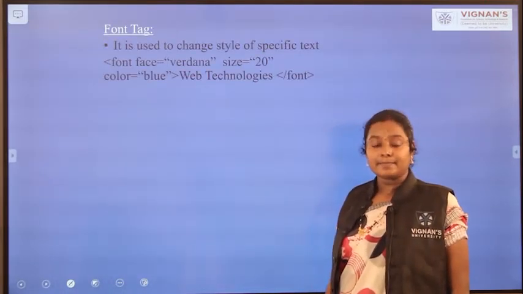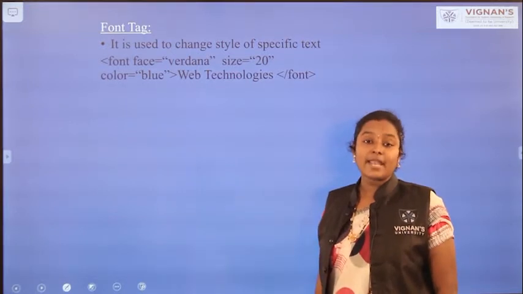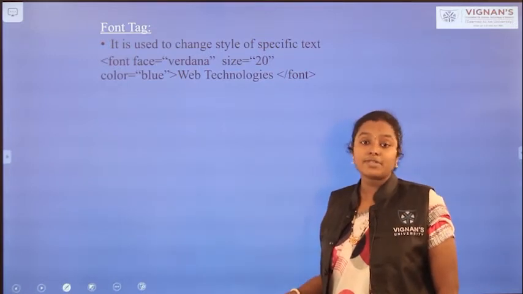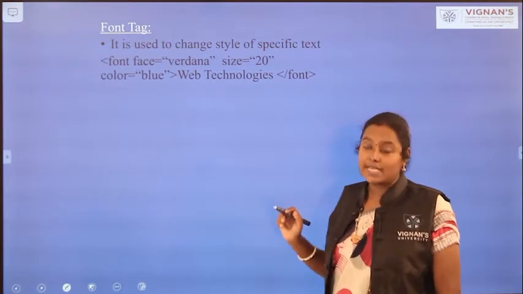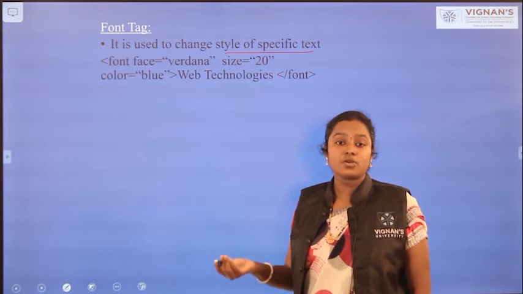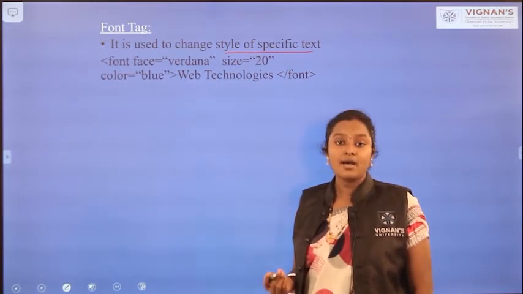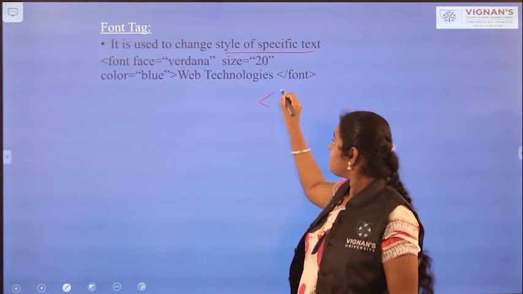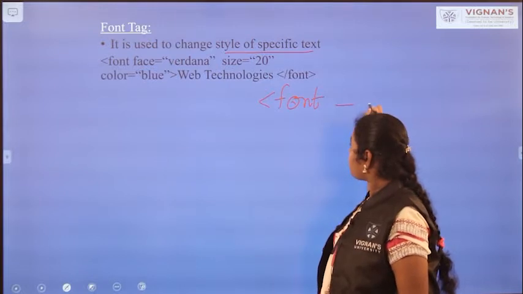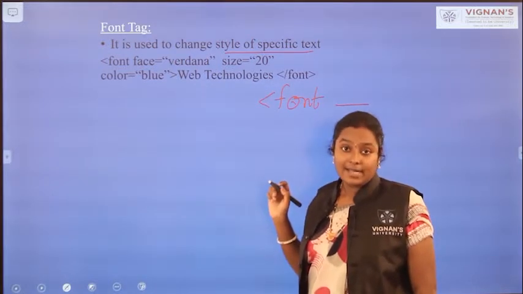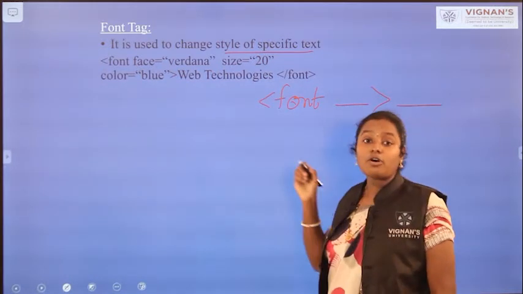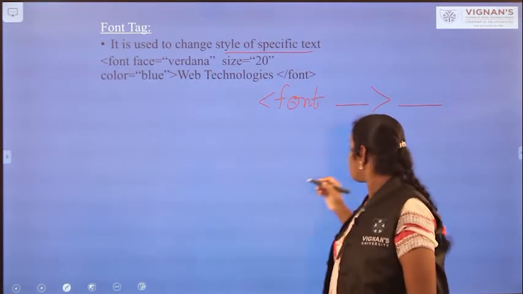The next tag we are going to discuss is the font tag in HTML tags. What is meant by a font tag, and what is the purpose of this font tag? The font tag is used to change the style of specific text on the web page. If you want to apply some styles to your text on the web page, then you have to use the font tag, that is less than symbol, write the name of the tag, that is font, and after that the different attributes within the corresponding opening tag, close the opening tag, and write the content you want to apply the different styles to, and after that close the font tag.